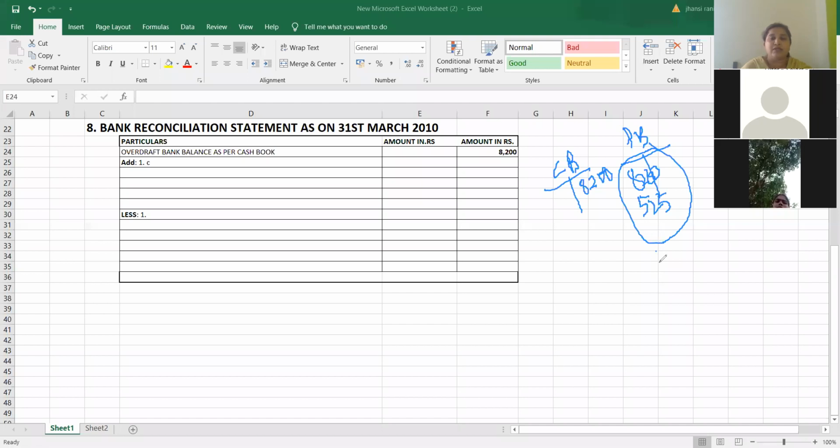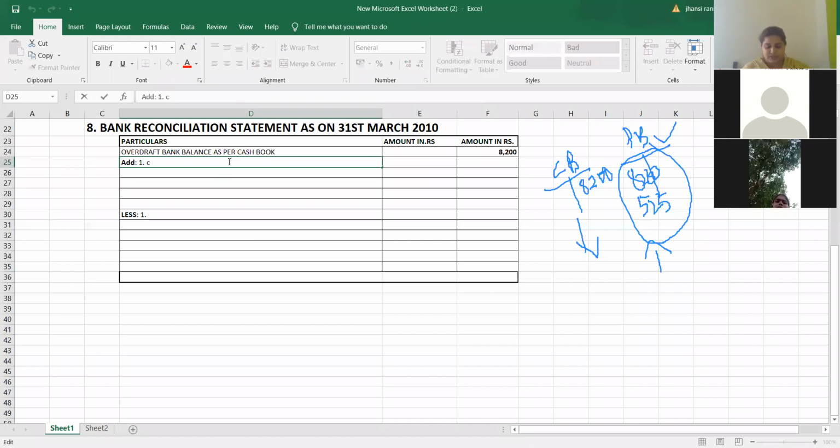So when you compare this, passbook is showing more balance and cash book is showing less balance. Yes, so what we have to do here, whenever it is increasing, because we have to find out the balance as per passbook. So whatever changes that takes place in the passbook, that will be taken into consideration. So your passbook balance, what is happening? Passbook balance is increasing. So I will write over here in the add. Increase means add. So what is the transaction given to us? The transaction given to us is interest debited by the bank.